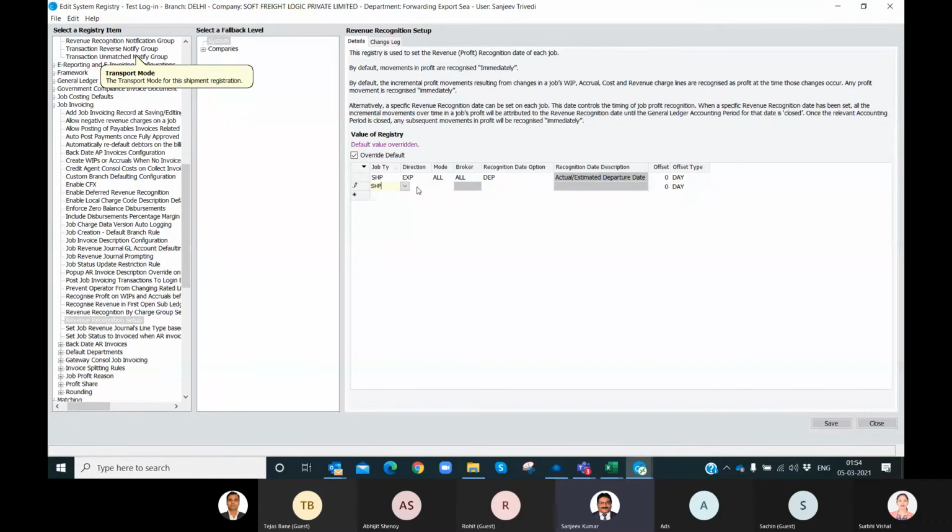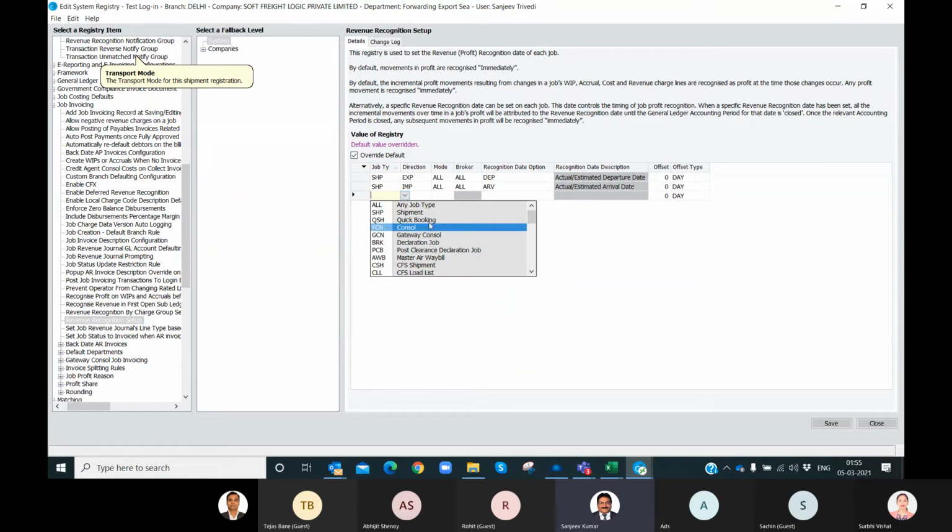For import shipment, any mode, arrival. So even these kind of revenue recognition styles can be selected in the system. For any other jobs or ad hoc jobs, warehouse ad hoc job is there.